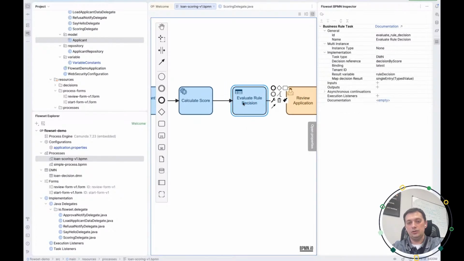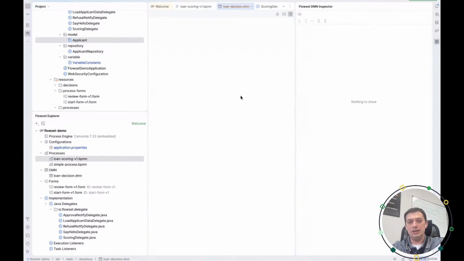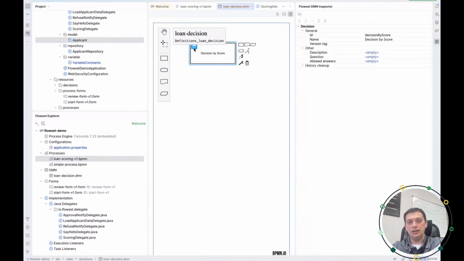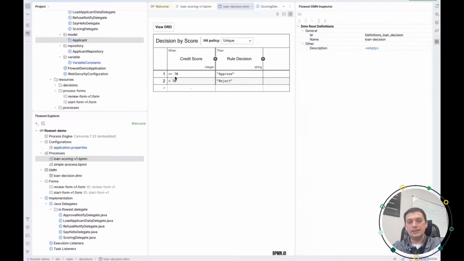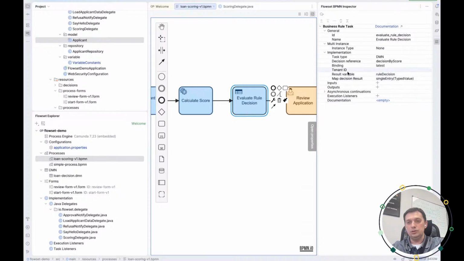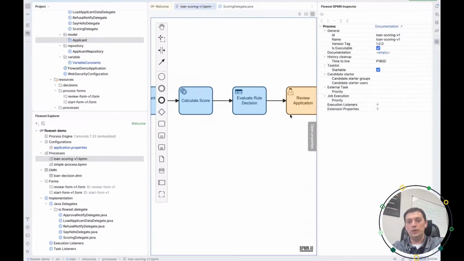So this is the evaluate rule decision table. And once again, there is no reason to go somewhere else to look at what's going on inside. You can just jump into the reference of this DMN table. It will be presented right here in IntelliJ IDEA. Double click, and we see this quite simple DMN table. We have the condition for equal or above 70 or less than 70, and the outcomes, approve or reject. This is the recommendation, which actually goes into the output result variable named rule decision, which is passed to the